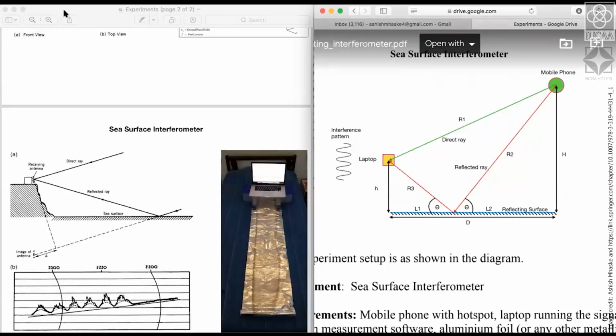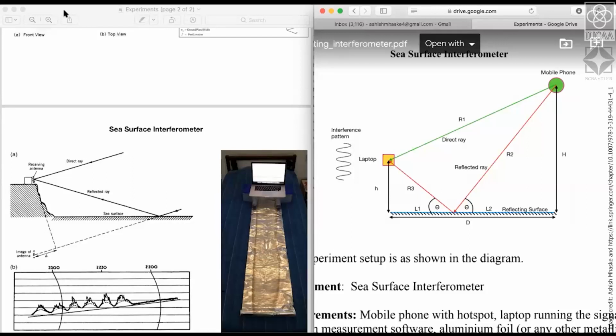While taking the heights, what you should take into consideration is the range of heights that you will change through for one of them. You should see that the direct path and reflected path develop enough phase difference to see a good set of constructive and destructive instances in the interference.